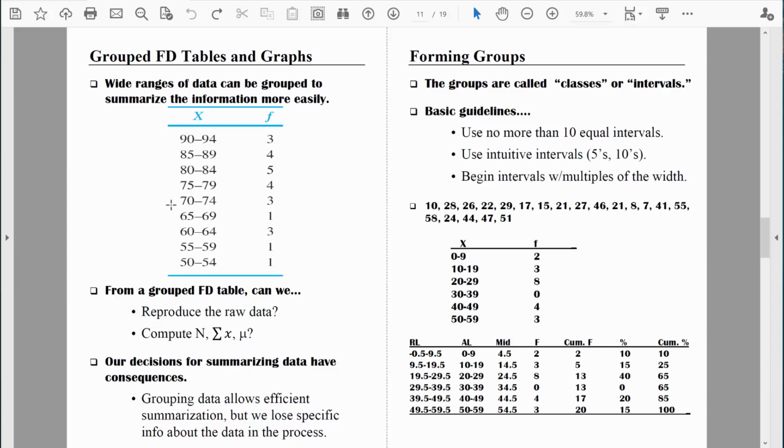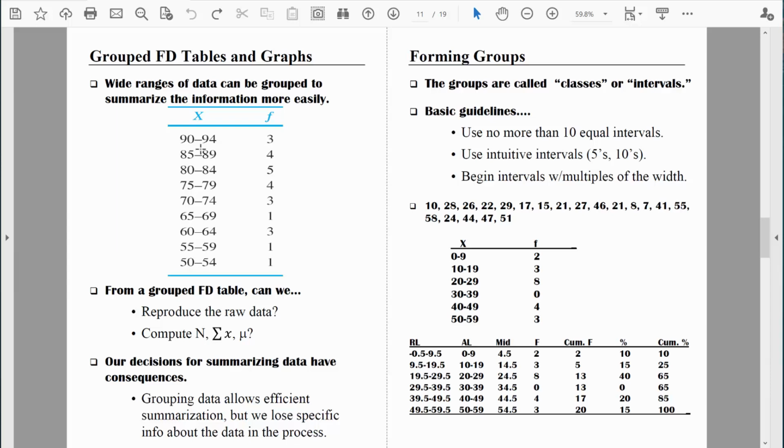Even though they are very flexible, every time we make a decision, and in this case we made a decision to group our data, there are some benefits and some costs that go along with that decision. Let me show you what I mean. From a grouped frequency distribution table, can we reproduce the raw data? One thing we really liked about typical frequency distribution tables is that we lost no information about the data, and in fact, we could reproduce the data. But you can probably already see we're not going to be able to reproduce this data. I know that 3 students scored somewhere between 90 and 94, but I don't know what their actual scores were